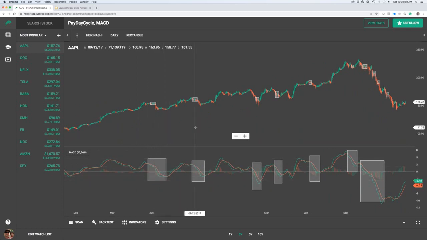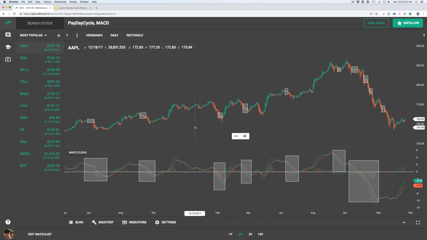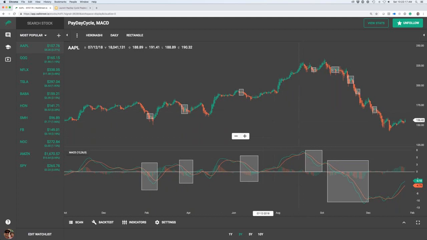We would consider that to be a counter trend trade, and a counter trend trade generally has a lower probability of success. Now, this is something I've understood and known for a long time, and it hasn't been until we had this really cool back tester that we built a few years ago that we've actually been able to validate it using real stats that, hey, if you simply just avoided buying Apple or a lot of these stocks we'll show you today while the MACD was bearish, if you avoided the bullish payday cycles,